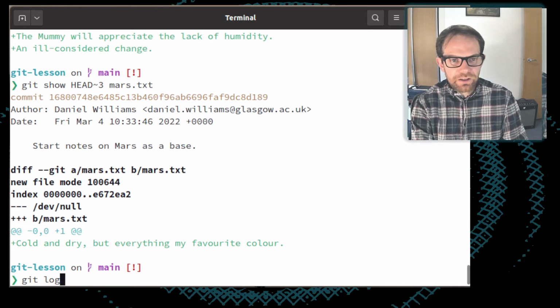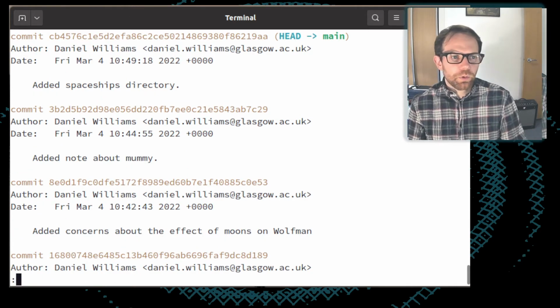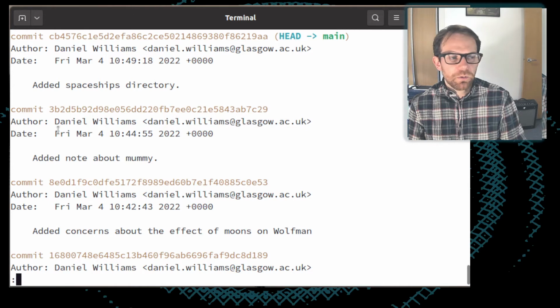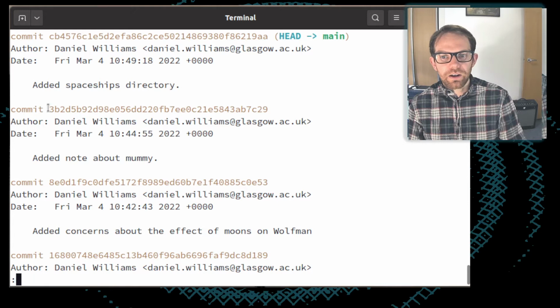so if we have a look at git log, remember I said that these lengthy numbers represent a unique identifier for the commit. Well, we can now use those to refer to any individual commit that we want to work with. Normally, these are 40 characters long, I think, which is kind of difficult to deal with. Ordinarily, you can work just with the beginning of these.